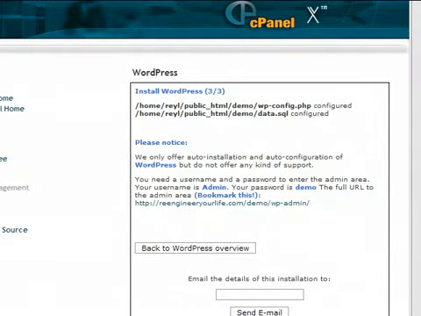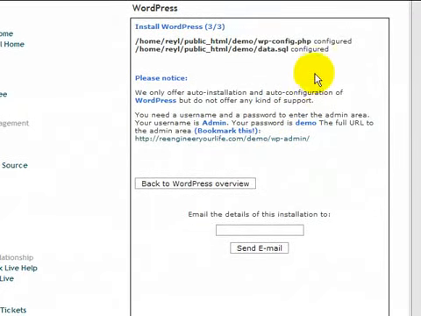Okay, now it shows here all the information about your installation, like the admin username, which is admin, and then the password that you use, and this is how you're going to go to your admin area. So this is the URL. Later I will show you.